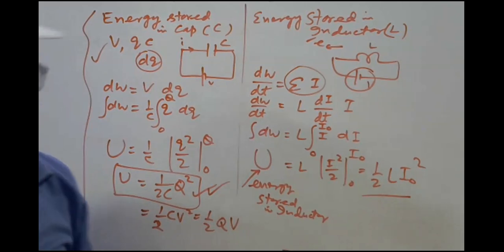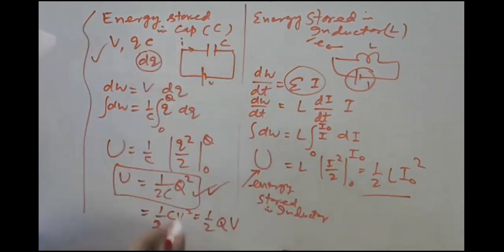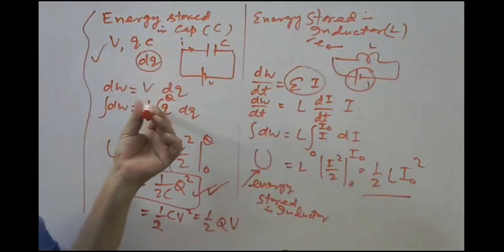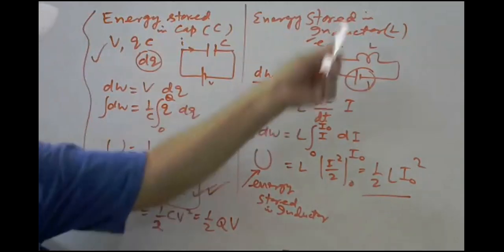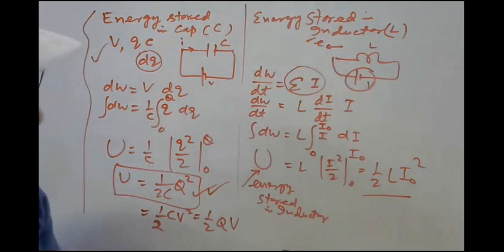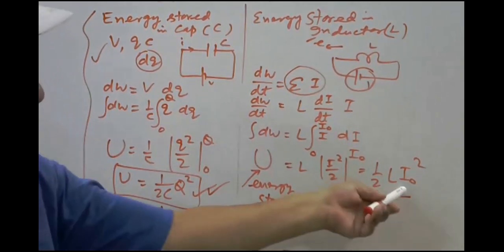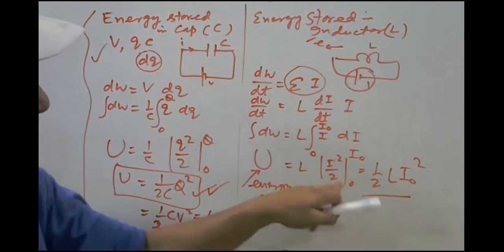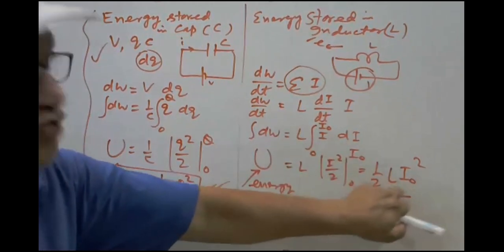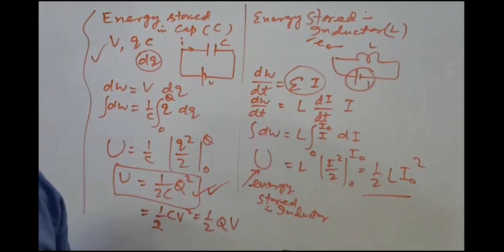Yes, please note down this one, because we have noted down this already. We have discussed it in electrostatics, but you please note down this and just learn it. What is the energy stored in inductor? That is half L I square. Whatever current is there, if maximum current, put the maximum, because the limit is 0 to I, suppose, then it will be half L I square. I can be less also, I can be more also, I can be maximum also.